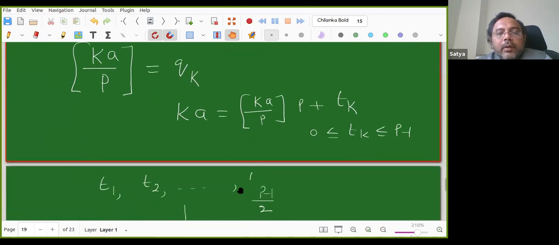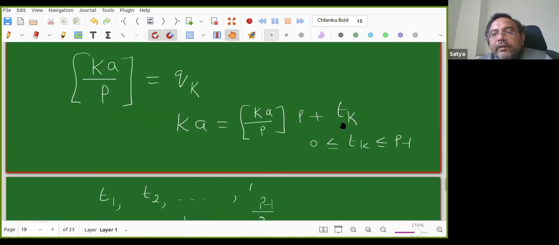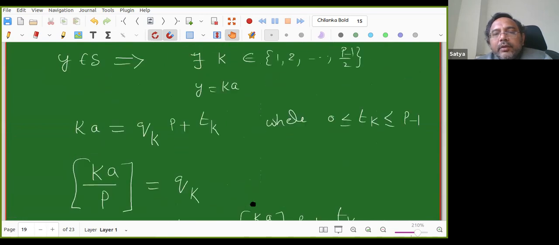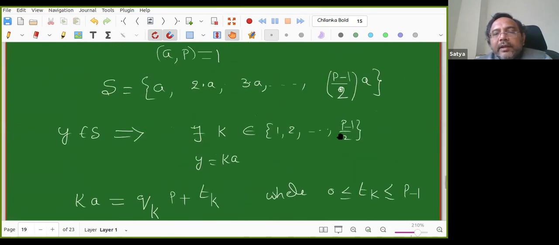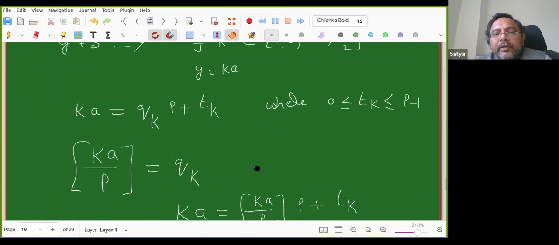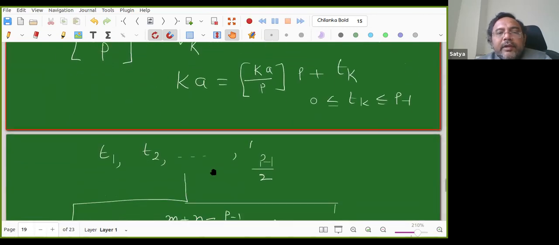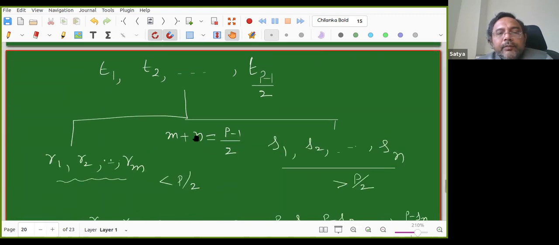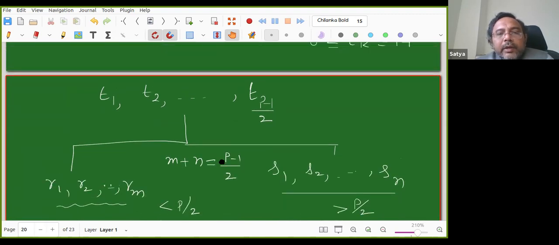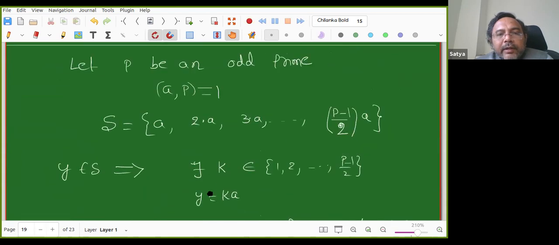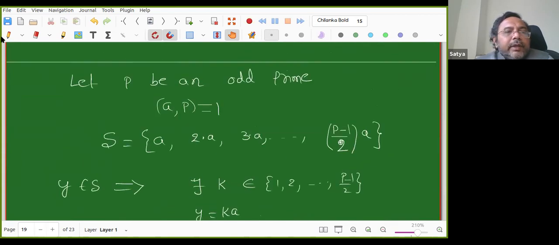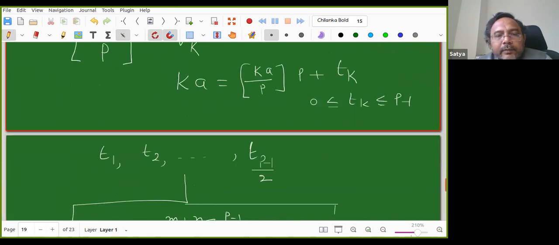Okay. Now, these T1s, how many remainders are there? For how many Ks? There are (P minus 1)/2 Ks, so there are (P minus 1)/2 remainders: T1, T2 up to T_{(P-1)/2}. As I told you, we are dividing this into two sets. My goal is to take, I'll write here,